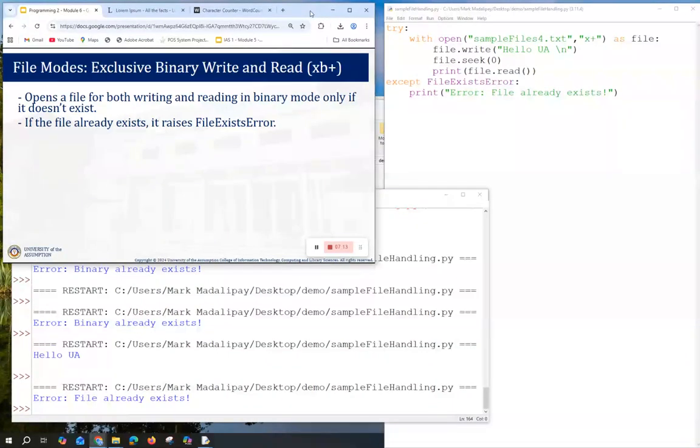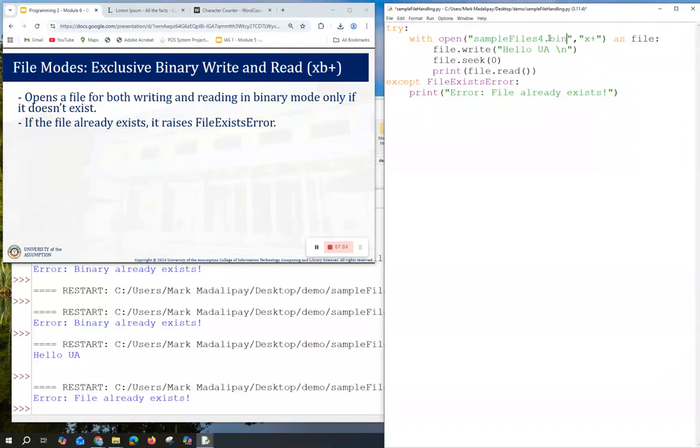So in exclusive binary write and read, let me have another bin. So this is XB plus, a binary. Okay, so save, F5.